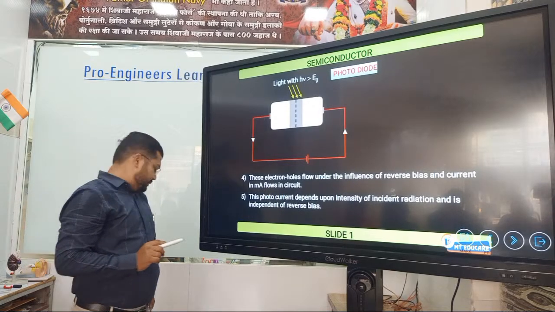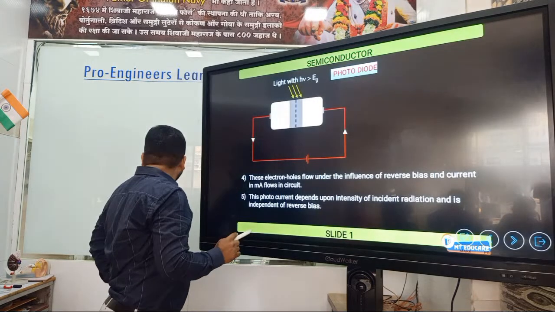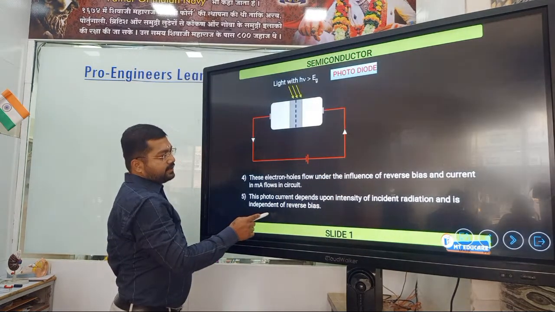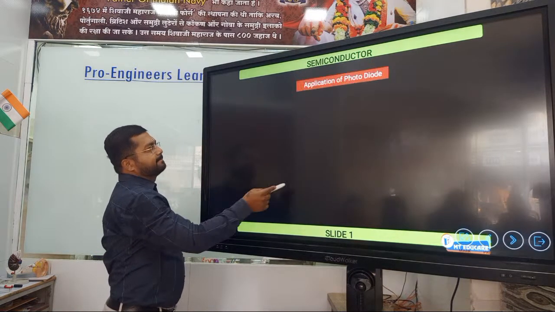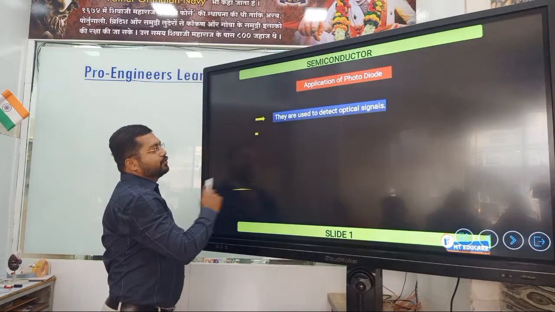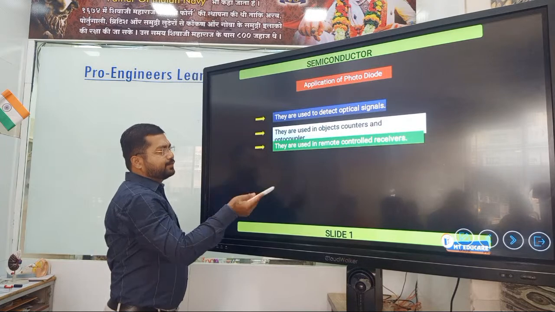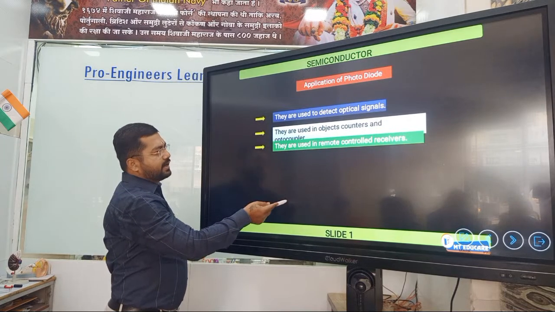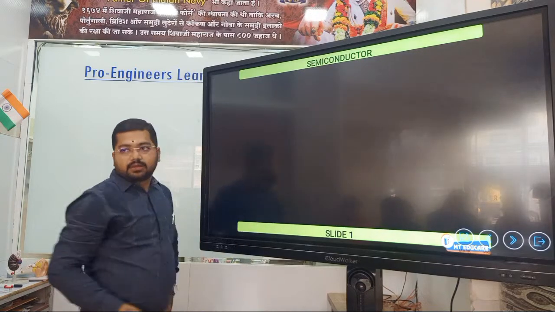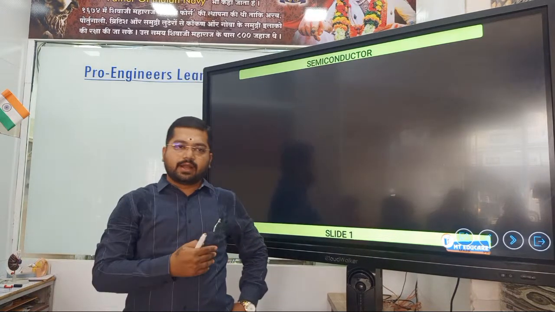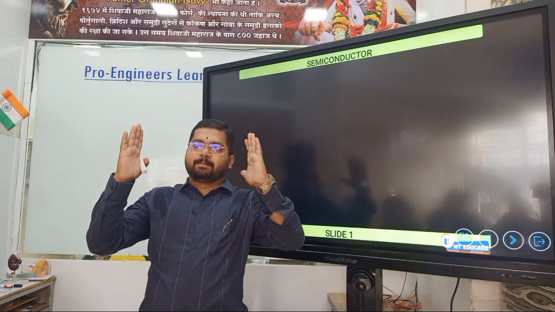This photocurrent depends upon the intensity of incident radiation and is independent of reverse bias. Now application of photodiode: they are used to detect optical signals. They are used in object counters and optocouplers. They are used in remote controlled receivers, right? You heard about optocouplers. So these optocouplers are placed at the metal detector